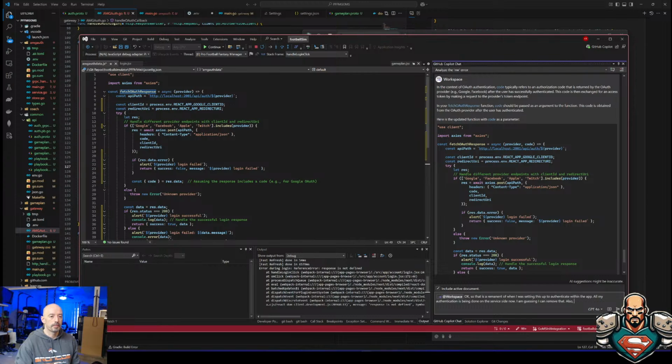Also, the service is going to return a JWT token. A JWT token. That's kind of redundant, huh? JWT. It's a JSON web token, so I should just say a JWT. I should.